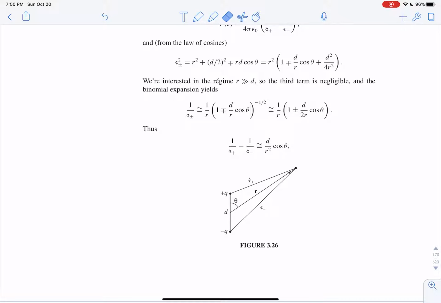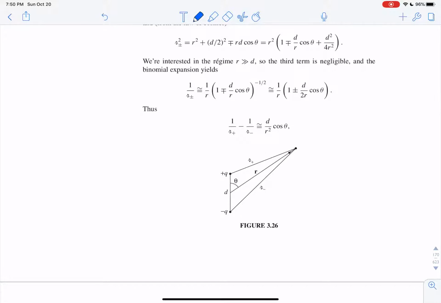The minus plus flips to a plus minus because of the minus a half. So this is 1 plus x to the n, and the n here is negative a half, so it flips it there. Okay, and then you do that for both the plus and the minus r, and so you end up with